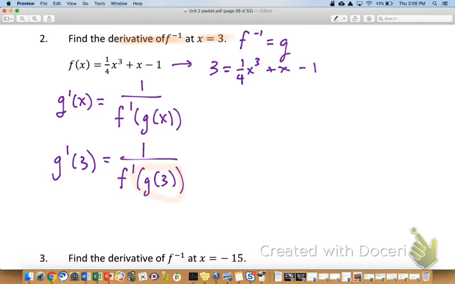Everybody know what x is? Say again? x is 2, right? 2 cubed is 8, 1/4 of 8 is 2, 2 plus 2 is 4, minus 1. It works. You see it? If x is 2,